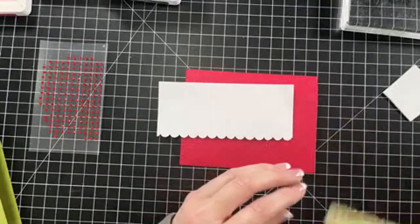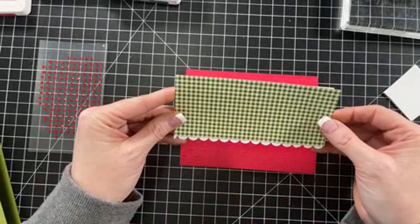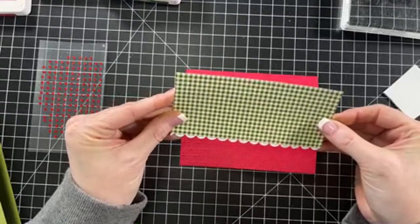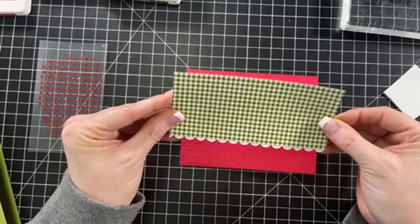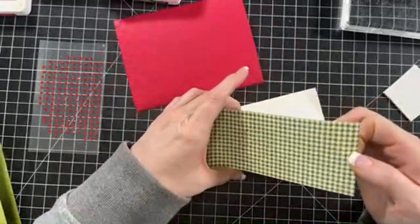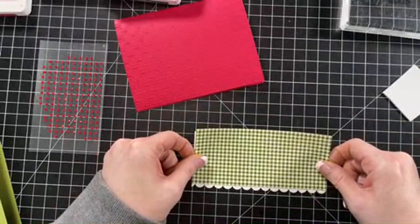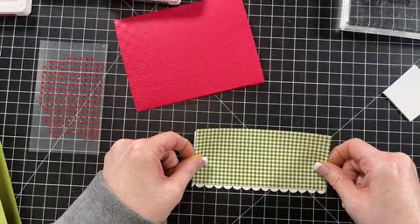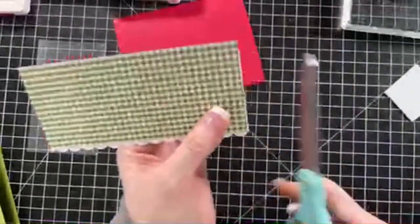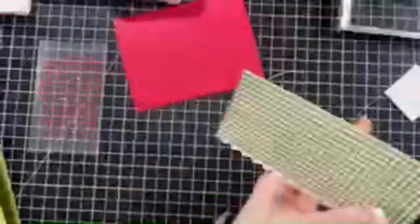When I was designing it, originally I was going to do scallops at the top and at the bottom, and then I changed my mind and decided not to do that. So that's why originally, I gotta lay this down to line it up. Originally, the white piece was a little bit bigger behind the designer piece. Okay. And then I'm just gonna trim off this white so it's not sticking